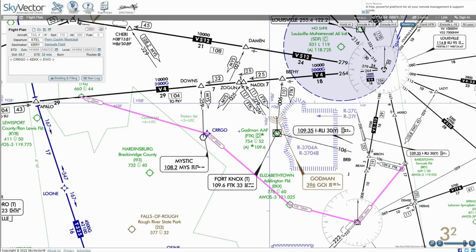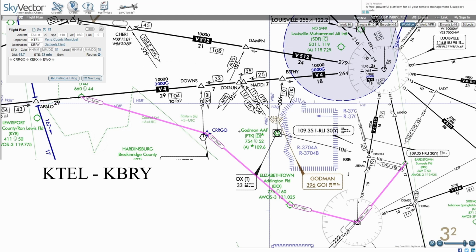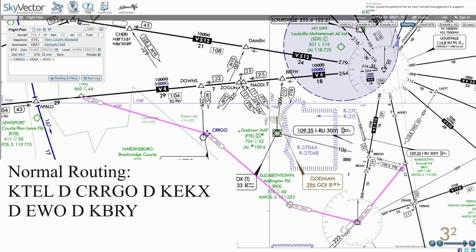To demonstrate how to use the OBS mode, we'll fly a flight using the same route I've used for a few other GPS training videos. From Tell City, Indiana in southern Indiana, identifier on that airport is KTEL, to Bardstown, Kentucky, just to the south of Louisville, which is KBRY. Normally, the route we use for this flight is Tell City, direct to the CARGO waypoint, direct to Elizabethtown Airport, which is KEKX, direct to New Hope VOR, which is EWO, then direct to the